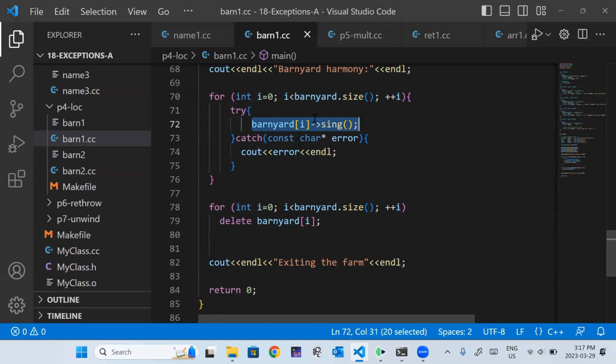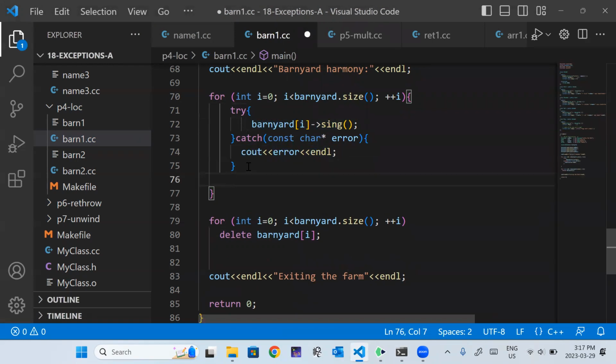So when the error is thrown, we abandon this function, but we pick up here, and then we resume control after that catch block, which is still inside the for loop. So we keep looping.